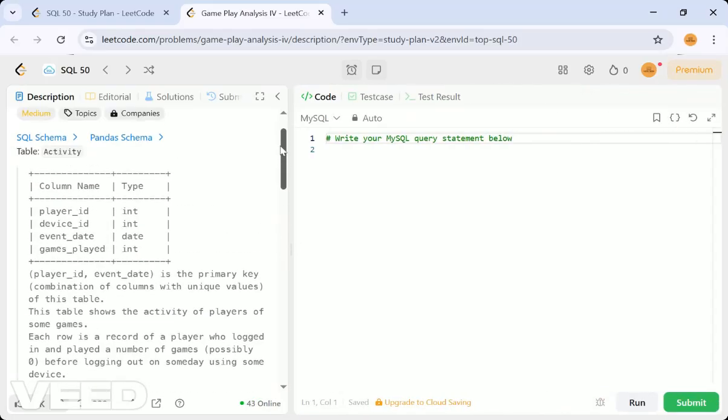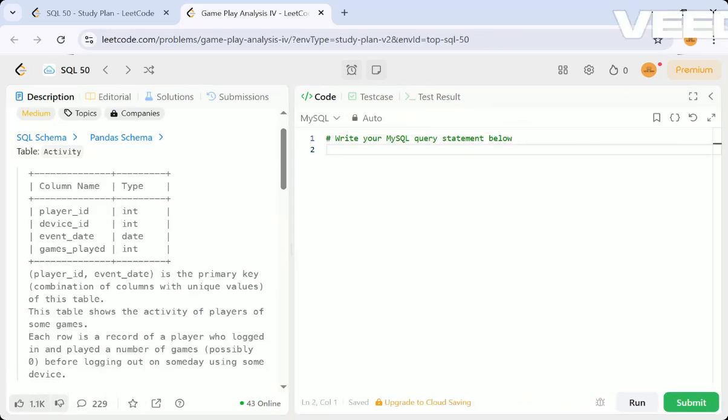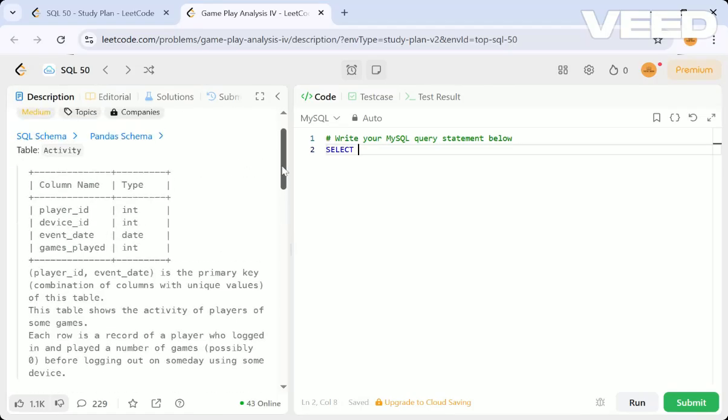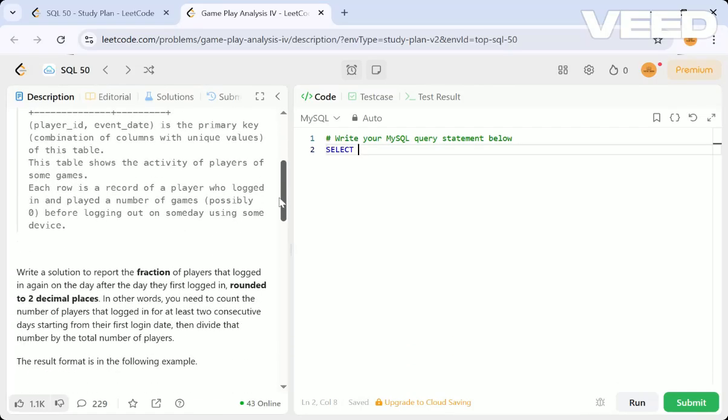Now let's write the query for the same. How can that be done? First, we have to understand the difference between the event dates, it matters here. The player logged in after the first date, that is, the time interval between the two dates should be one, so the gap will be one.